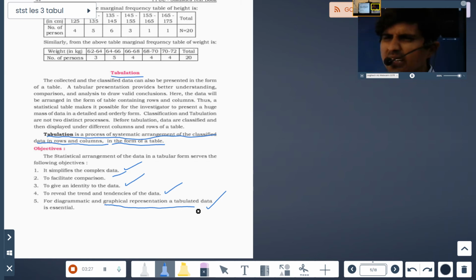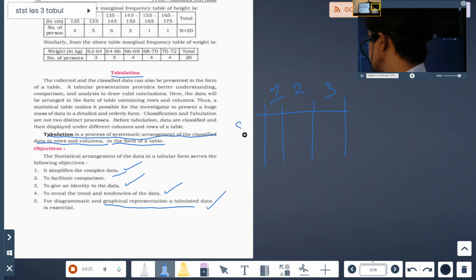Okay, a simple example: your marks, they are given in table form only. Are they given in sentence form, math, science, like this? No, even if given otherwise, it's in the form of a table only. So if I add all your test marks, all the tests you have written till today, or if you merge or club them together, then how will you come to know? You'll not come to know. What we'll do is make columns like this: first test marks, second test marks, third test marks.